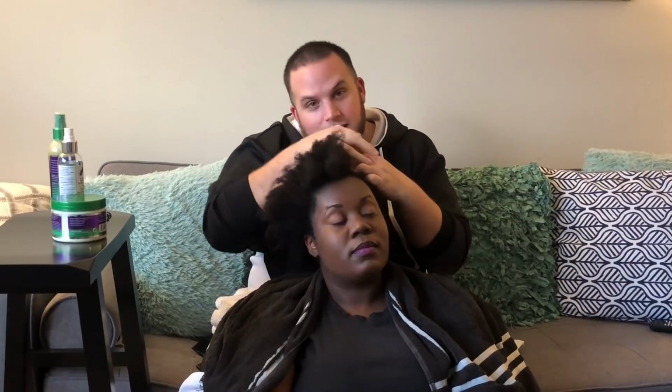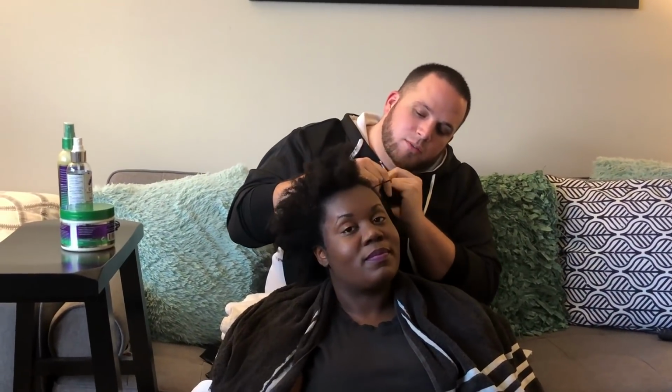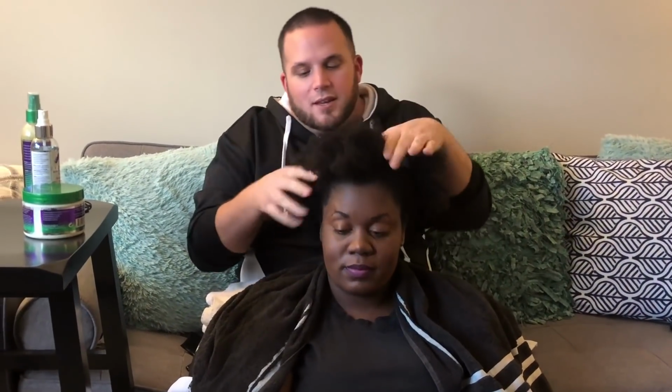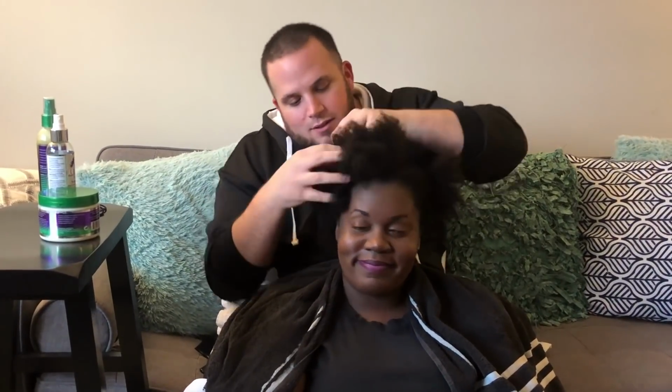So we washed it, conditioned it, and now we're gonna detangle it and then twist it out. Well, twist it up. How would you say it? Yeah, twist outs. We're gonna twist it and leave it in for a while, and then when she takes it out, it's gonna be great. So, we want to tell. Okay, so